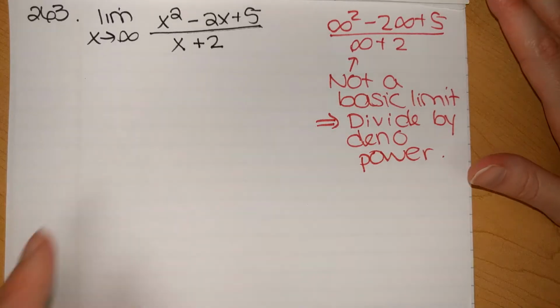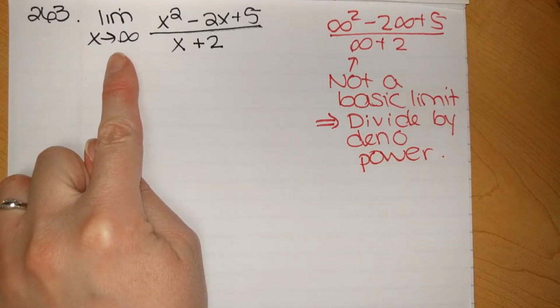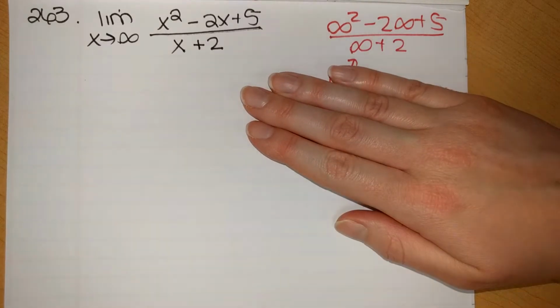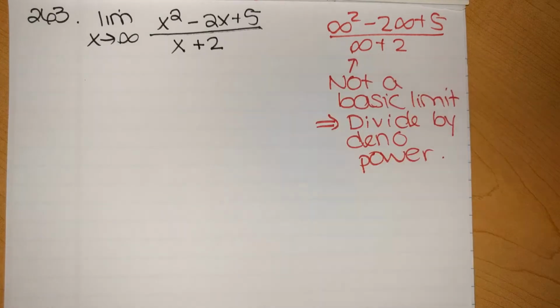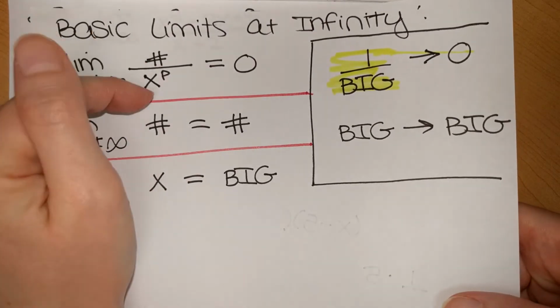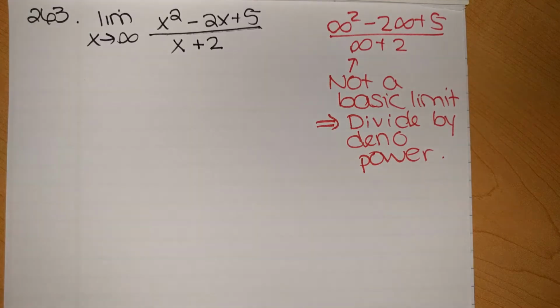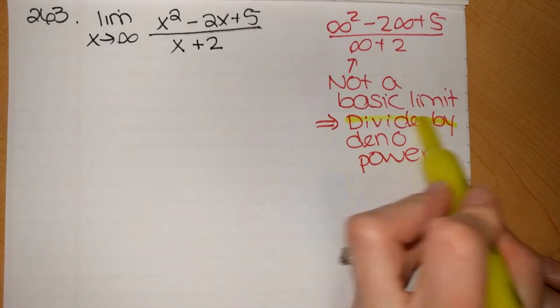So with this question, you have x going to infinity. You plug in infinity, you plug in the number, always, to see what happens. When you plug in, look, you have infinity squared minus 2 times infinity plus 5 over infinity plus 2. It is not a basic limit. By basic limits, remember, we have very simplistic number over x to a power, number over x. So if it's not a basic limit, then what we need to do is divide by the